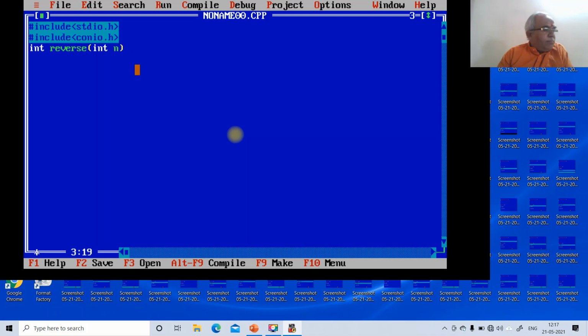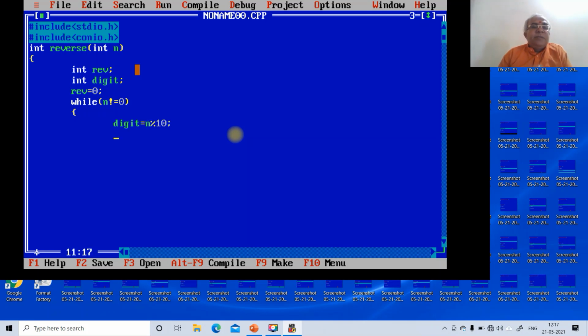int n, then open the braces, then int reverse, then int digit, then reverse is equal to 0, initialize it. Then while n is not equal to 0, then enter. So digit is equal to n%10.